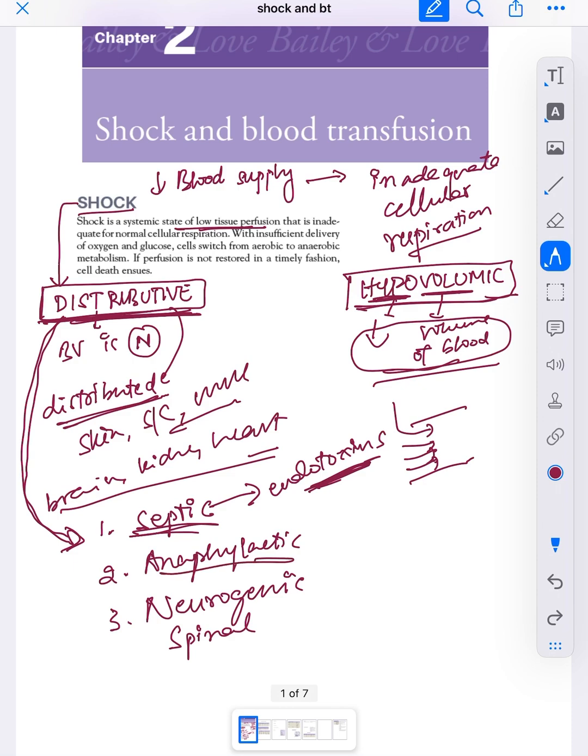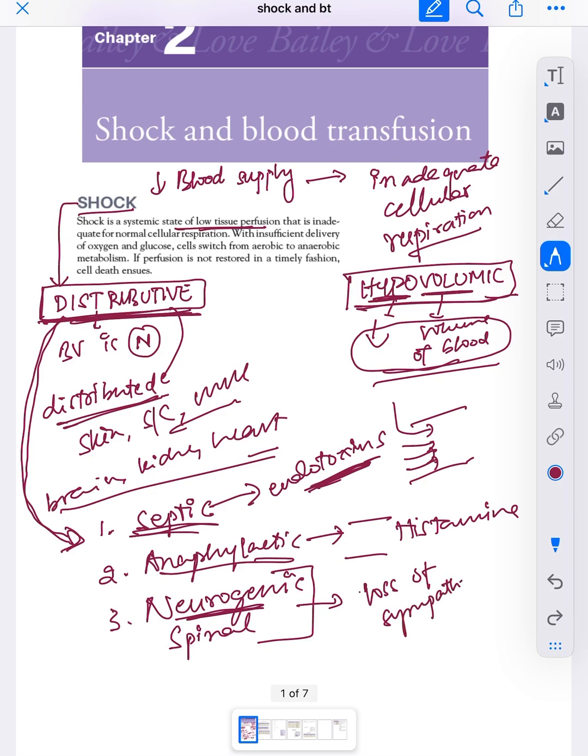What is anaphylactic shock? Here the peripheral vasodilatation is because of the histamine release. What is the reason for peripheral vasodilatation in neurogenic shock? It is the spinal cord injury itself that will cause loss of sympathetic tone. It is the same mechanism that happens when the spinal anesthesia is given. The BP falls when spinal anesthesia is given. That is because of the same reason, that is loss of the sympathetic tone, which causes peripheral vasodilatation. Okay, now